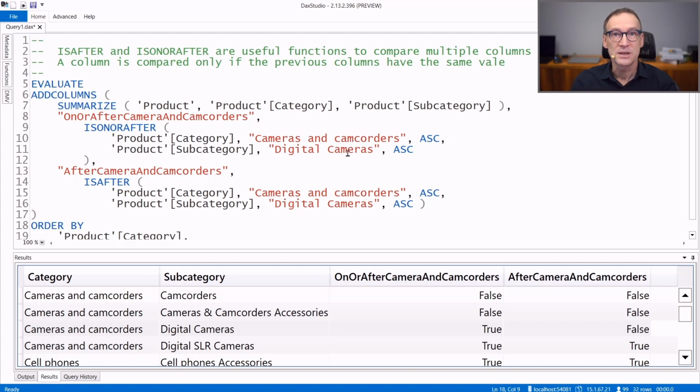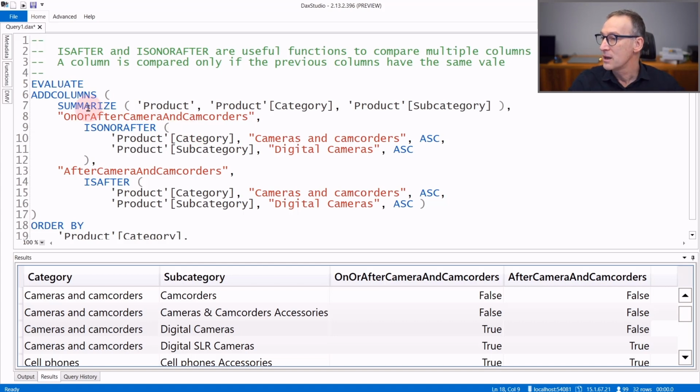You provide arguments to both functions using the elements of the two tuples interleaved. So the first argument will be the first value of the first tuple. The second argument is the first value of the second tuple. And then you provide ascending or descending, whether you want to use greater than or less than. Let's see that with an example.